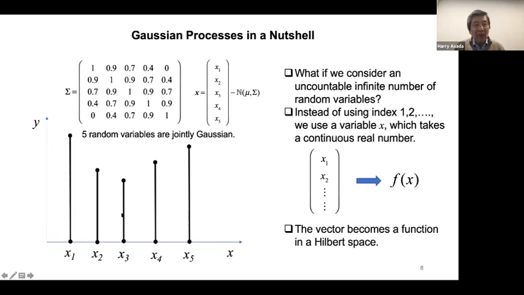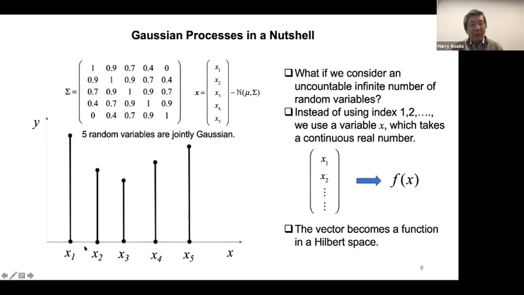Between x1 and x3 it's a little bit lower, 0.7, and far end from here to here no correlation in this particular example. Okay. So this is a kind of simple extension from 2D to, say in this case, 5 dimensional ones. How about the situation where this x value, although I picked the specific x1, x2, x5